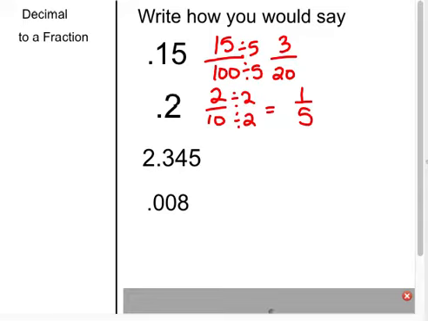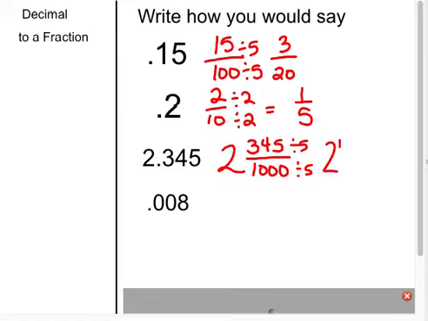All right, let's take a look. The decimal point means it's the whole number. So 2 and 345 thousandths. This is where, yes, you may use a calculator. What can go into both of them? I'm going to start with 5. Which would give me 2 and 69 over